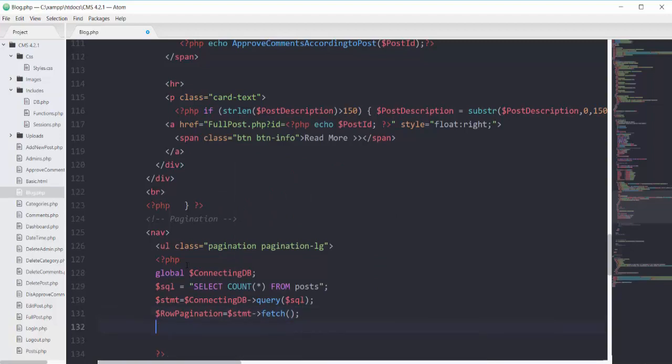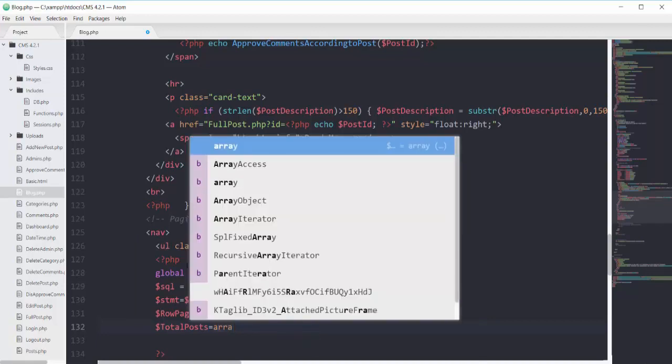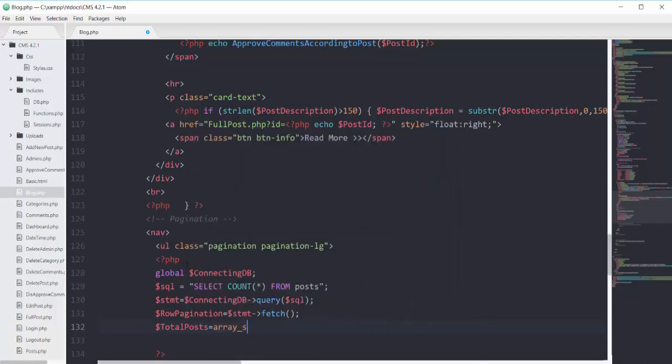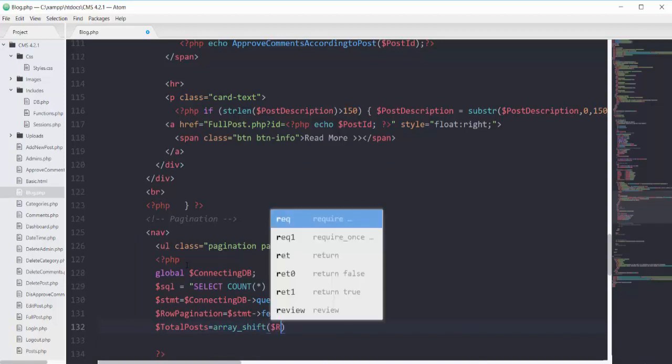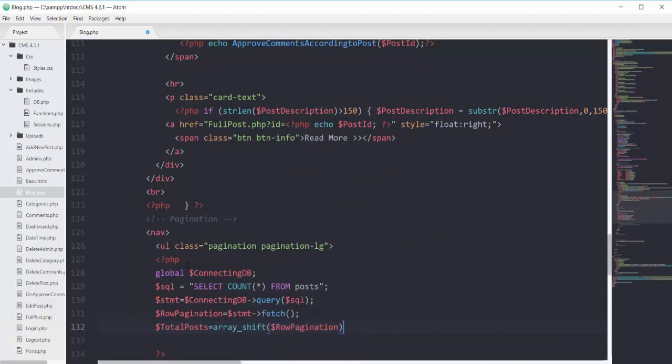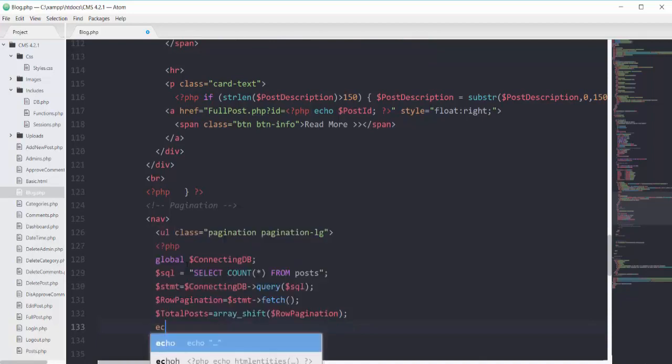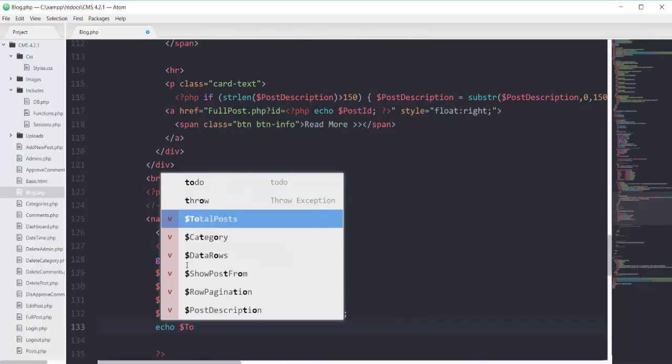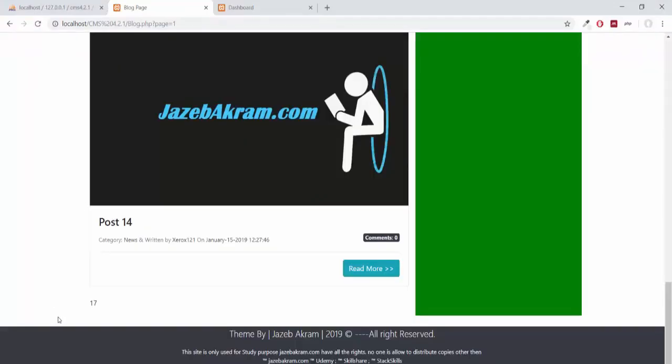Then on the next line we'll have another variable with the name of total posts, for which we apply the array_shift function on this row pagination. If I echo this total posts variable and refresh my page, you can see I got 17 here. So I have a total of 17 posts in my table of posts.